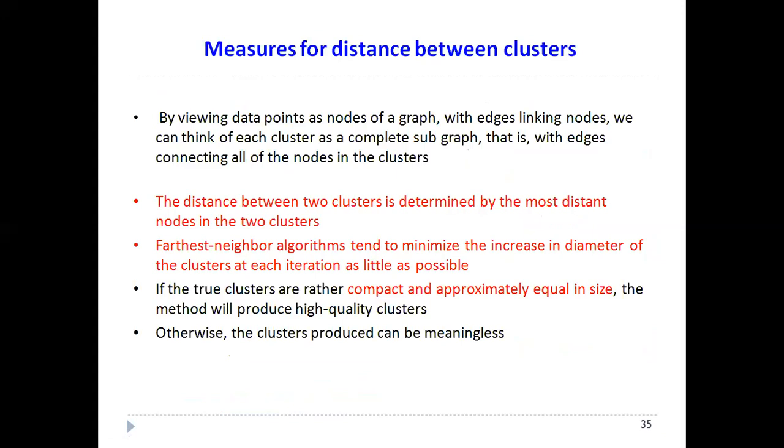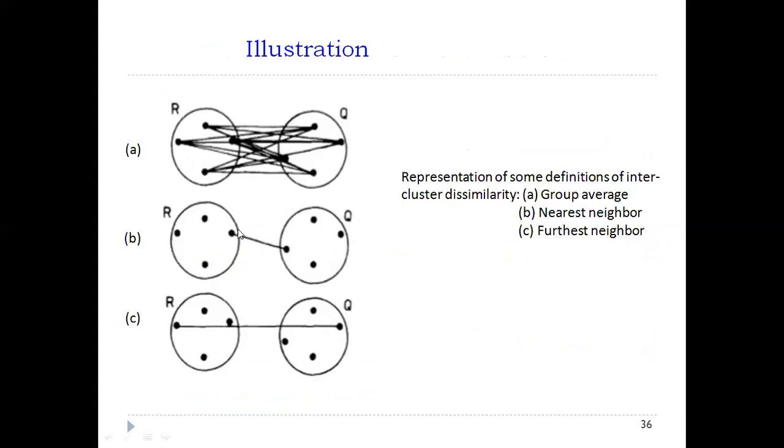So finally, if you have a true cluster, they'll be very compact with each other. I can show you how it looks. Okay. So this is the real illustration of how it works. For the group average, you'll be computing the distance between all points and taking an average. For the nearest one, you'll be computing the distance between the 2 points which are very near to each other. And to compute the farthest neighbor, you'll be taking the distance between the two far objects in a cluster. Okay. And here you can fix the threshold and use it as a next step in your algorithm, as complete linkage or single linkage.